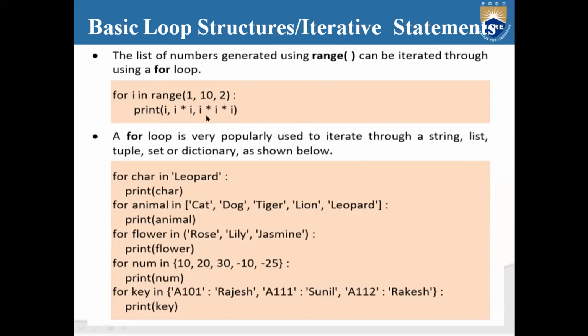Next one is 9, 9 square, 9 cube. Next, are you going to get 10, 10 square, 10 cube? No, sir. But it will be incremented. Next value will be 11. It's going to check for that one. Since 11 does not lie within this particular range 1 to 10, it will come out of the loop.